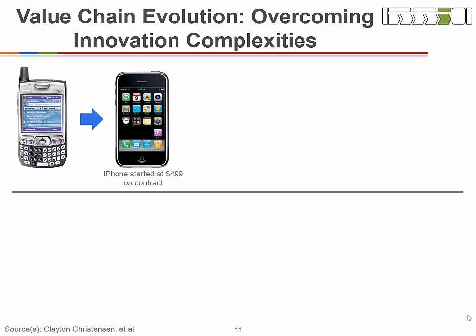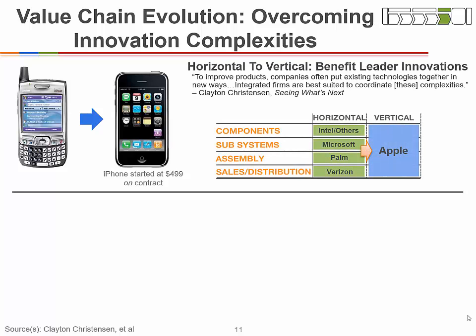They all were built by Apple, and it started on contract for $500. That is a really expensive phone. But what's interesting is this represents a shift from a previously horizontal industry which was focused on cost leadership to a vertical industry focused on benefit leadership. And it's really an important